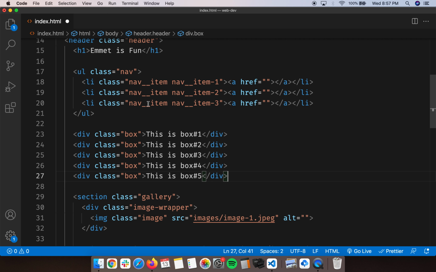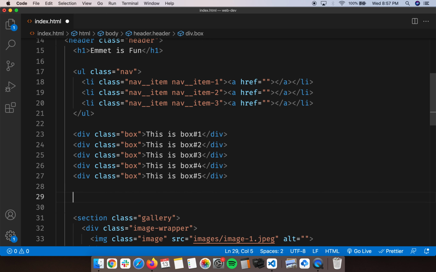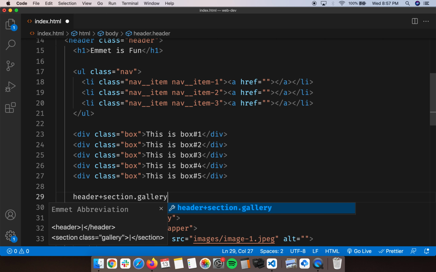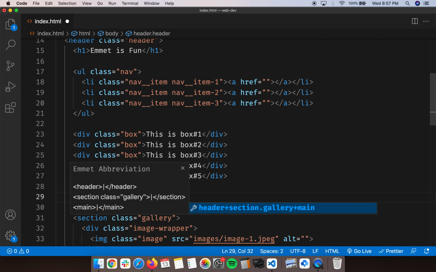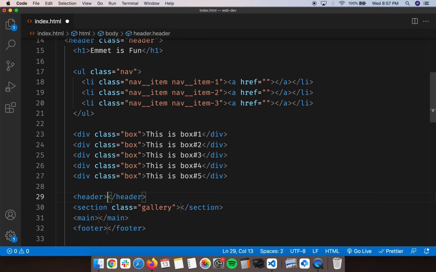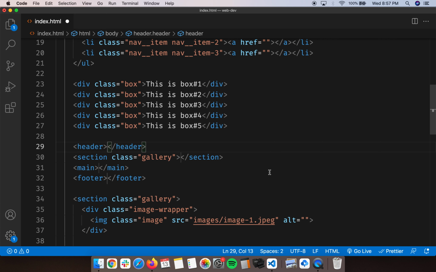So pretty sweet. Aside from that, there are other selectors that you could use. Another one is the sibling selector. So if we were building out the layout for the page and we've got the header and we know that we're going to have a section with a class of gallery, and then we're going to have another main semantic element, and then the footer. You can write that all out, and it spits out the header, all these elements side by side